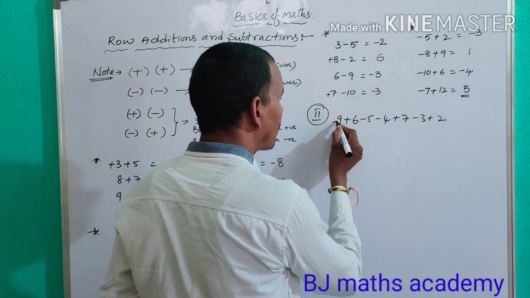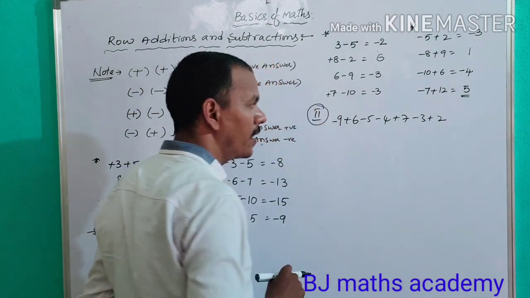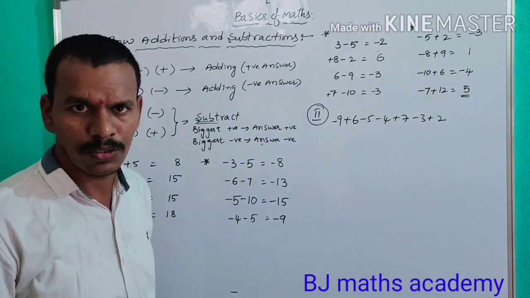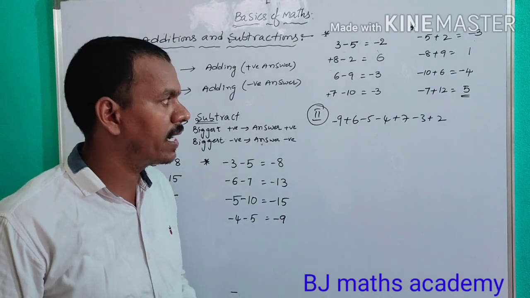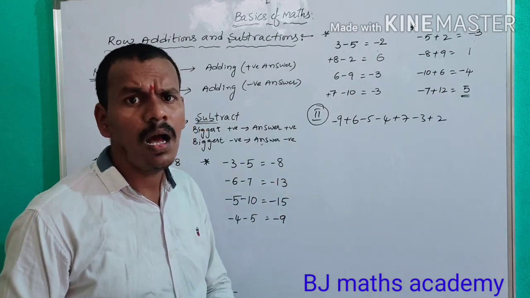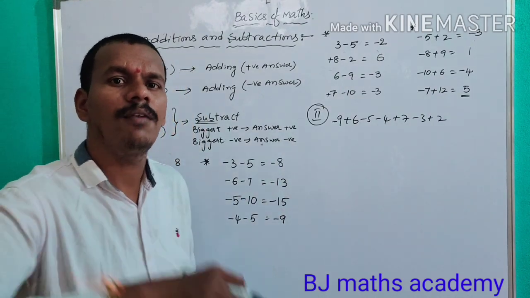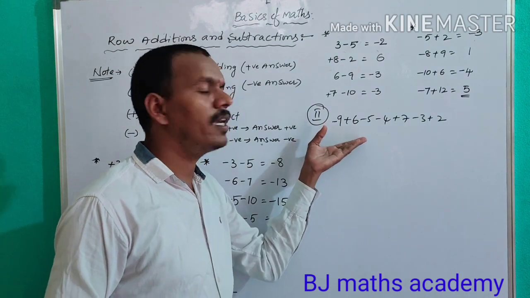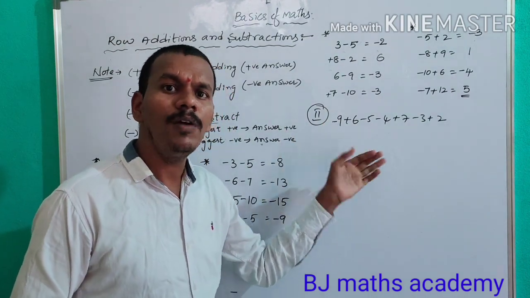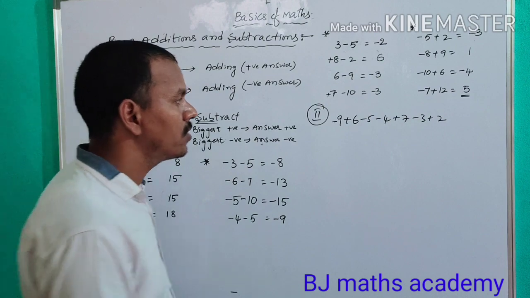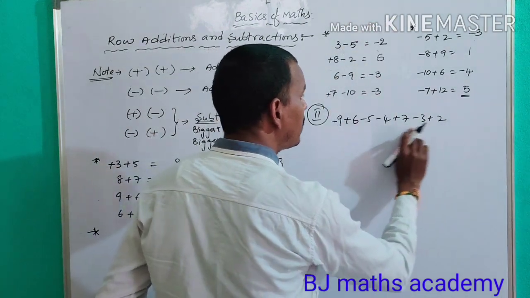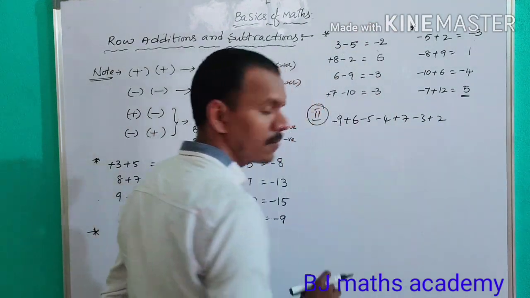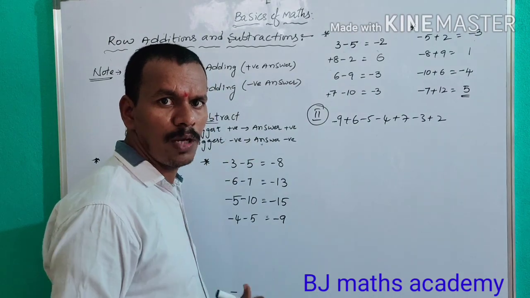At that time, for example, I have taken minus 9. So how can we do the solution when a number has a minus before it? 9 plus 6, 15, or how much? It is a confusion. So at that time we can follow one simple way, and we get the correct answer. In this type of problem, we can follow only one way.